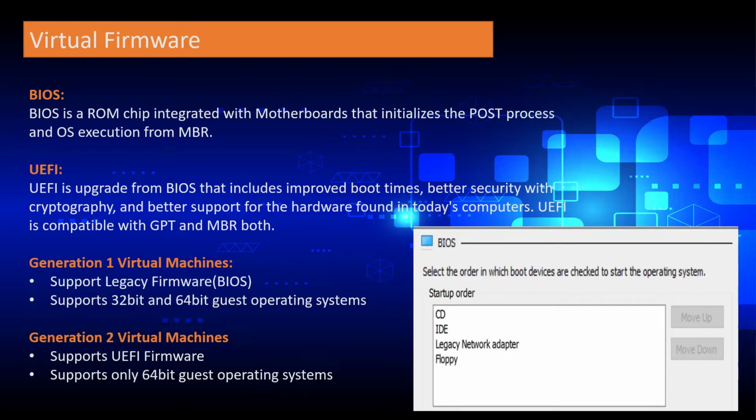So as soon as we press the power button, there is a code which is written on this firmware chip. It gets initialized and then it starts the POST process. Now this POST process is power on self test. It checks all the connected hardware of that computer, that every hardware component is connected properly and is in a healthy state. If it finds that there is some problem with any component, it could be with the hard drive or it could be with the RAM or any hardware component,